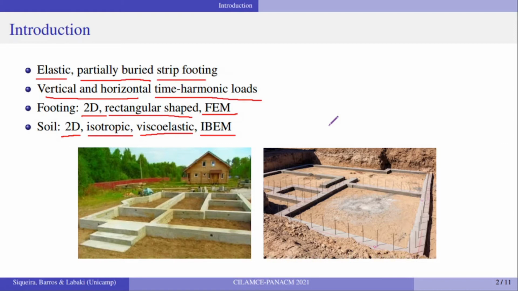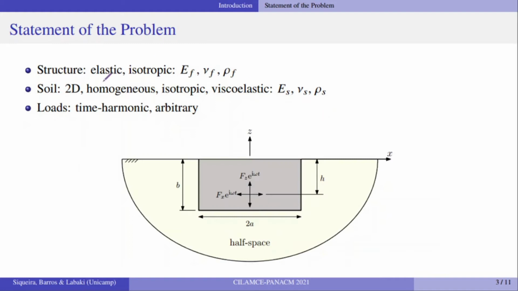Direct kinematic compatibility and equilibrium conditions are used to couple the finite element mesh to the boundary element mesh, assuming perfectly bonded contact at the foundation soil interface. The effect of foundation embedment and elastic properties on the dynamic behavior of the foundation is illustrated with selected numerical examples. Consider an elastic, isotropic strip footing with these properties, with infinite length in the y direction and a rectangular